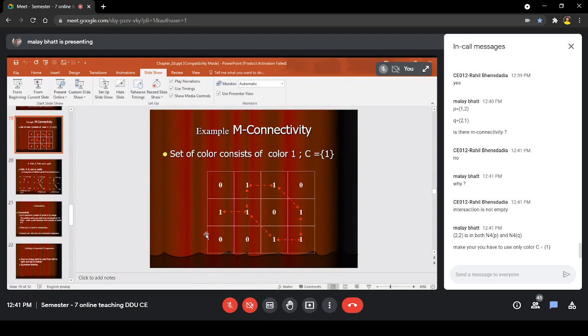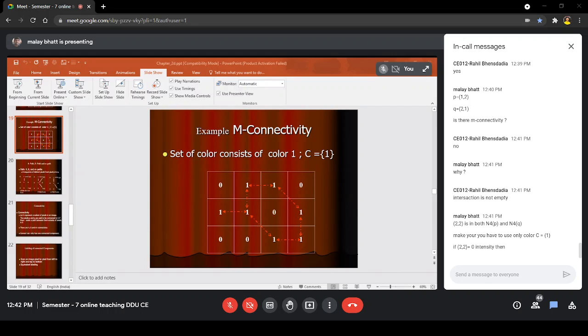If 2, 2 is 0, then what will happen? If I consider 2, 2 equal to 0 intensity, is there M connectivity?